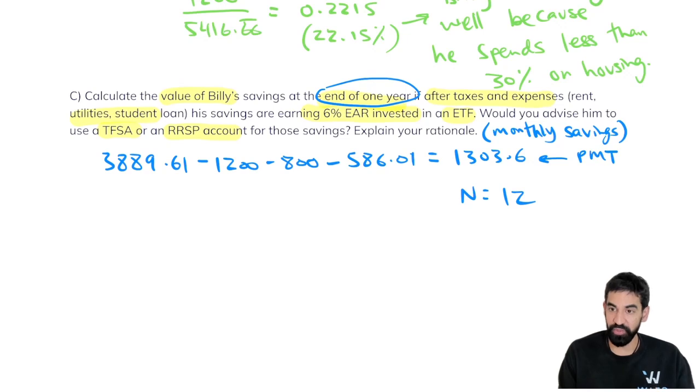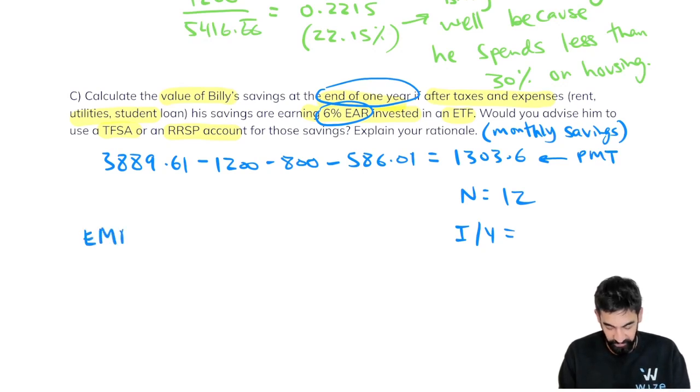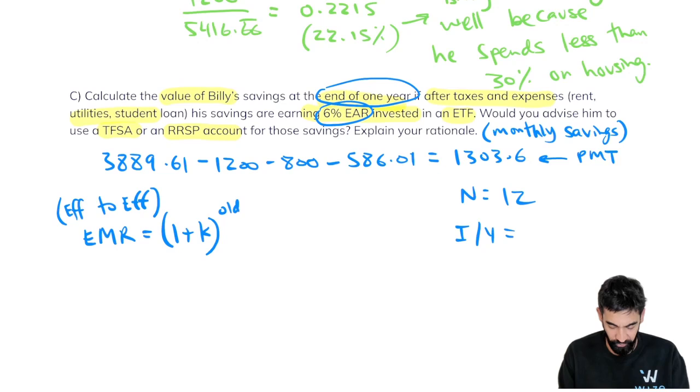So I want to know at the end of 12 months, by the end of the year, how much he's going to have. What am I going to put as the I/Y? Well, here they gave us 6% is the effective annual rate. But he's making payments monthly, so I want to convert that to an effective monthly rate. How can I find the effective monthly rate? It's not 1 plus APR because they gave us the effective rate, so you have to do the effective to effective formula. Effective to effective means it's 1 plus K to the power of old F over new F